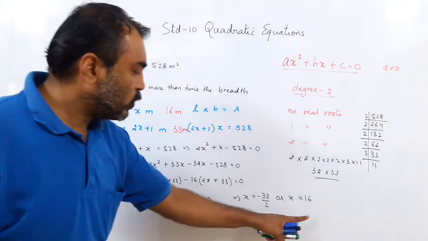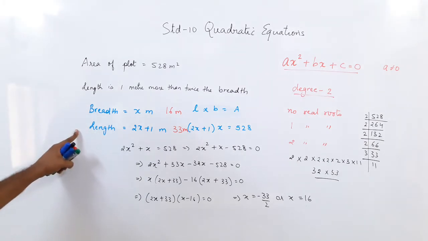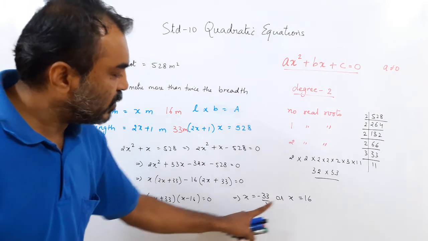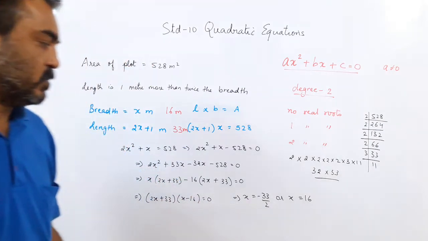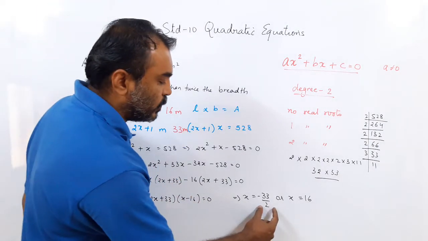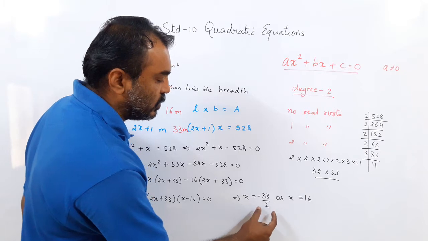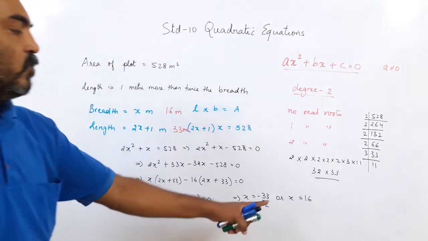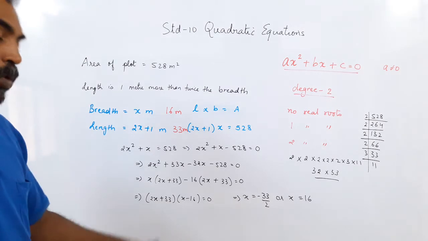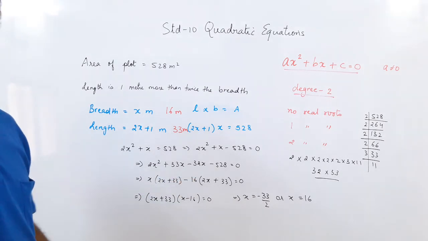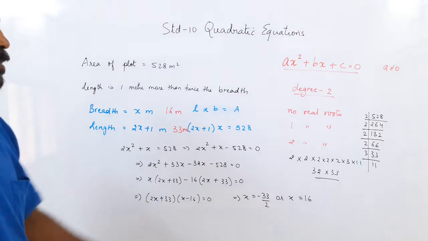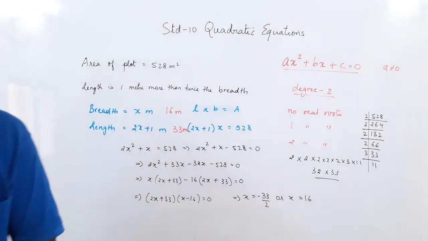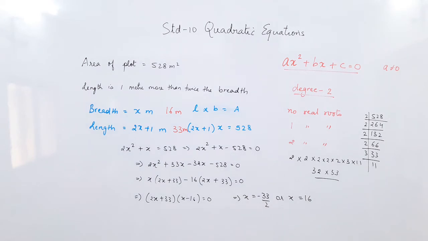But in this particular sum, because it is the length and the breadth, I know the length and the breadth can never be negative. So we cannot take this negative one, we take the positive one. These are both real roots. This is also a real number: an integer, a fraction, a negative fraction, but both are real roots. So for a quadratic equation we can have no real roots, one real root, or 2 real roots. So we have solved this sum and understood what roots are, in continuation with chapter number 2.